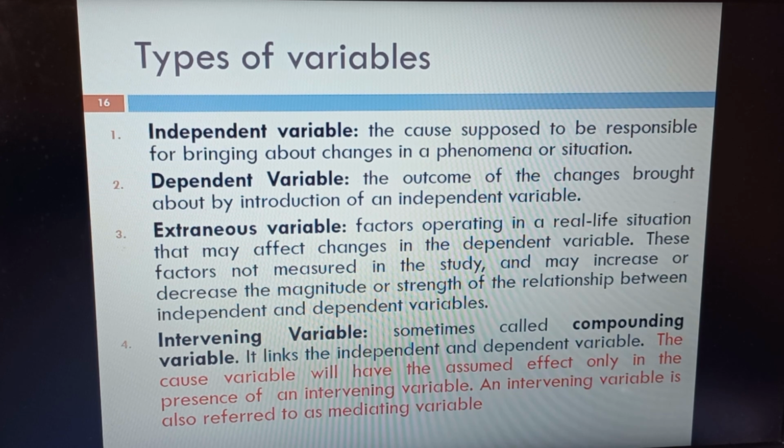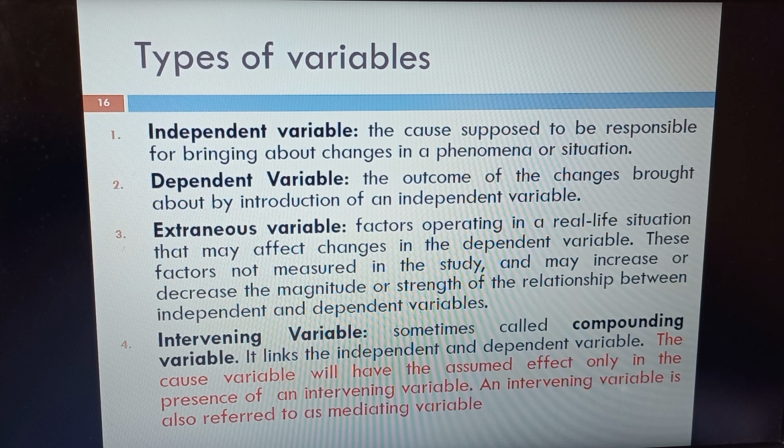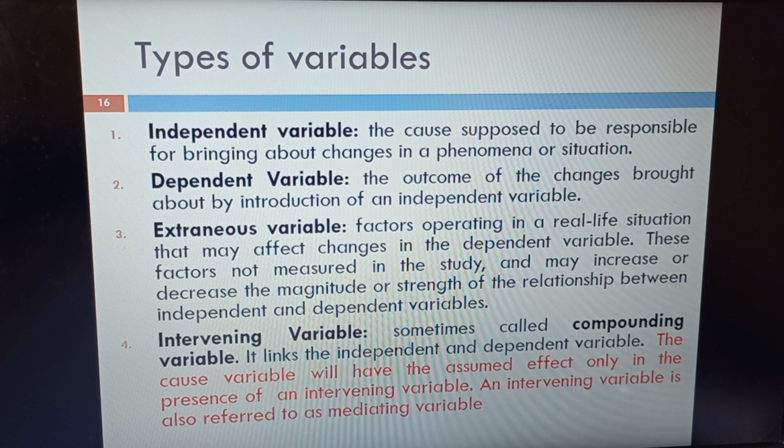Whereas the dependent variable is the outcome variable. It is the outcome of the change brought about by introducing the independent variable. So a dependent variable is a variable that will be affected or influenced by an independent variable. If a variable is affected or influenced by another independent variable, that variable is called dependent variable, also called